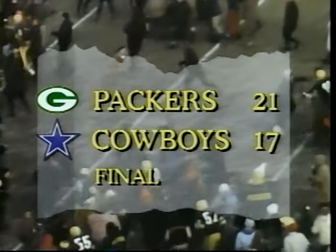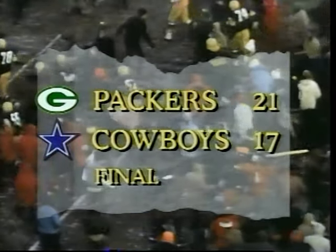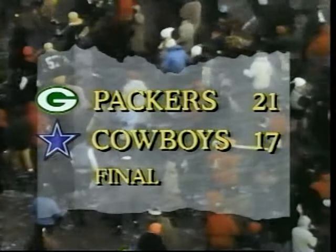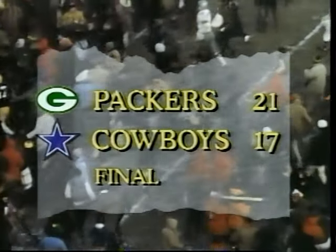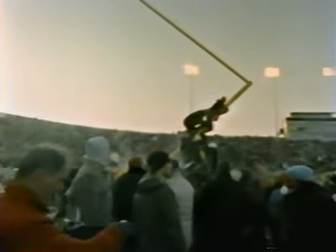There's the gun. The football game is over. History has been made. The Green Bay Packers have won 3 straight National Football League championships. In 1965, they defeated the Cleveland Browns right here at Lambeau Field for number 1. In 1966, the Dallas Cowboys by a 34-27 score down in Dallas in a thriller. But to top them all, right here at Lambeau Field this afternoon, they took a 21-17 thriller over the...